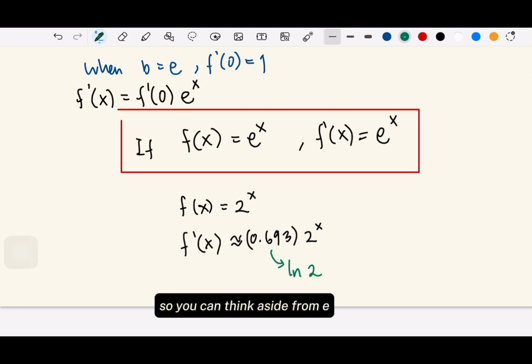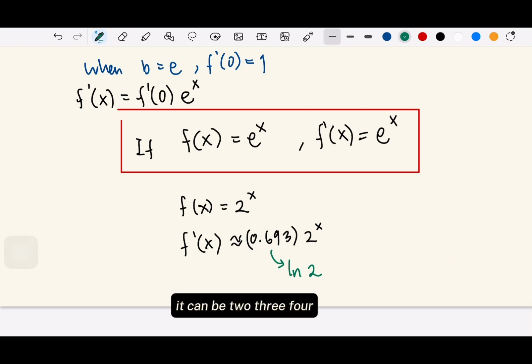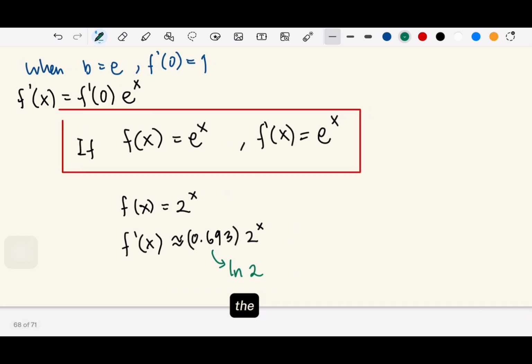So you can think, aside from e, whenever you have something like a constant with power of x, you derive, it means you will see the function itself multiplied by the natural logarithm of that number. It can be 2, 3, 4. Okay? So we can write here